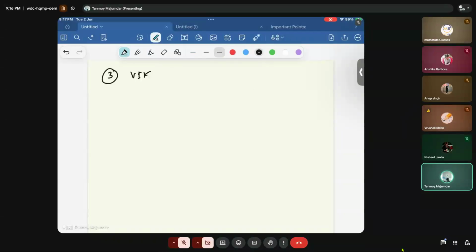Next one is the VIF. So VIF is a measurement that uses the coefficient of determination. For example, we have a variable xj and we are checking whether xj has high multicollinearity. So VIF of j is 1 by 1 minus rj square. Here we know what r square is: it is basically the coefficient of determination. But what is rj square? So rj square is the coefficient